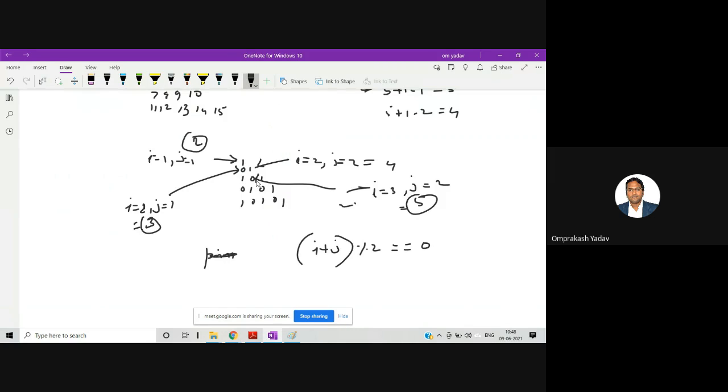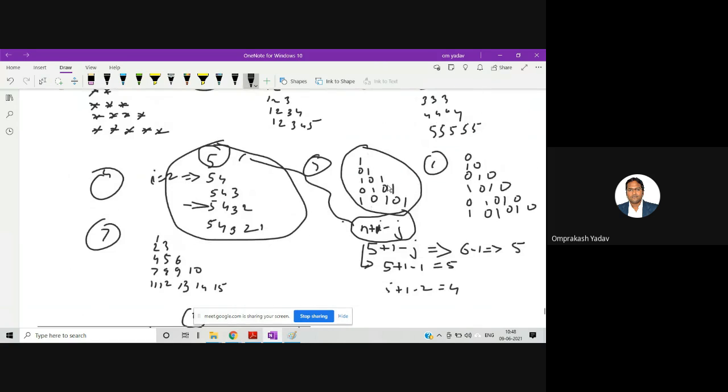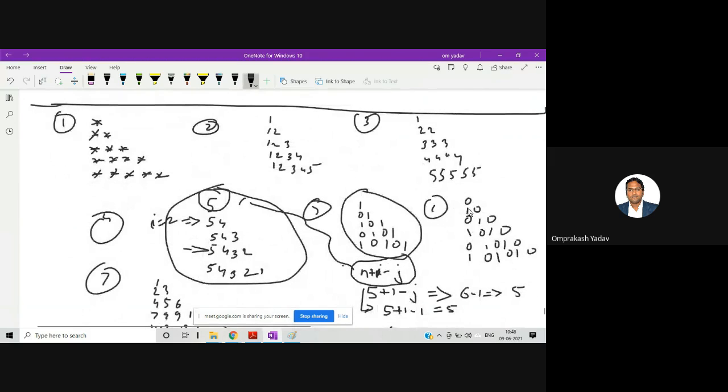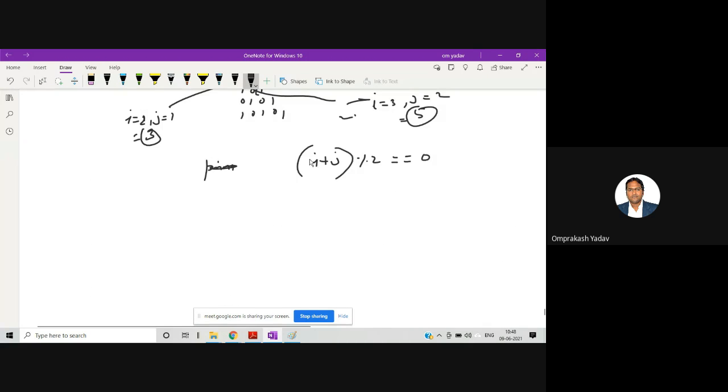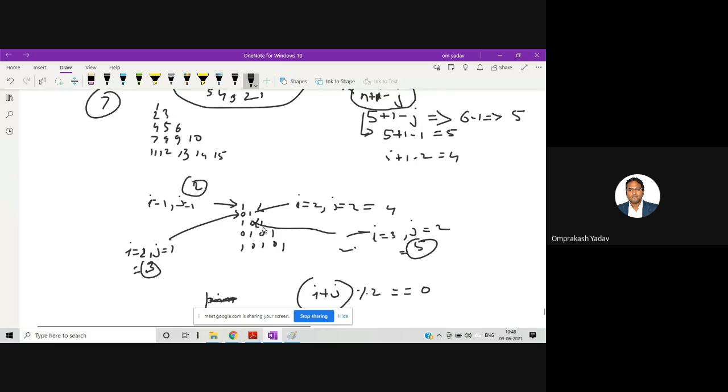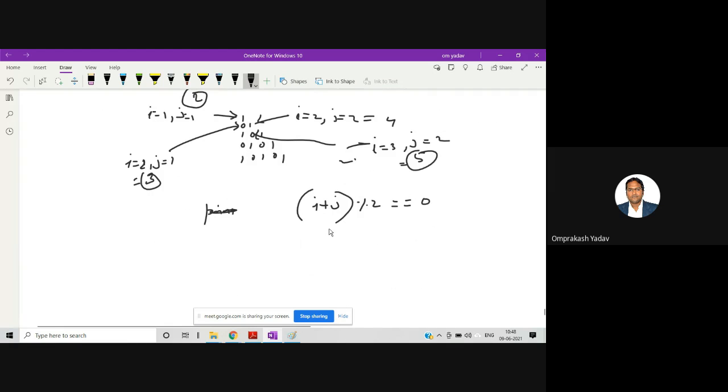Now, if you see over here, the next pattern is exactly opposite of this one. So wherever we had 1, now we are having 0. In place of 0, we are having 1. By looking at this, you must have got the answer. That's just the opposite of this one. So we can just put this inside the entire bracket and then not of this.